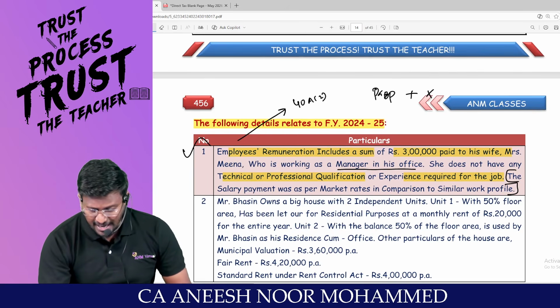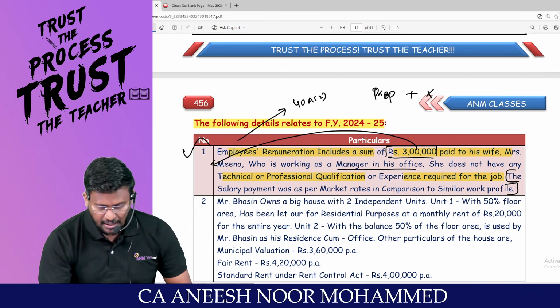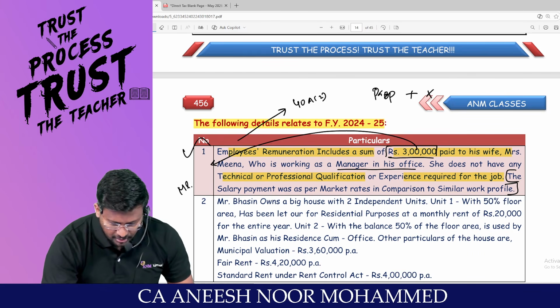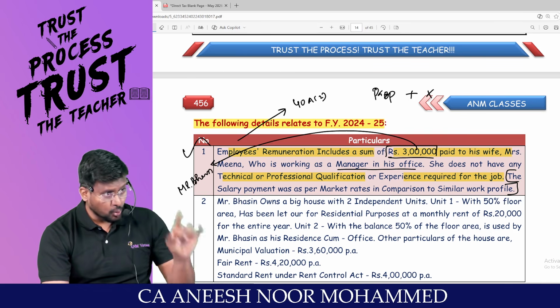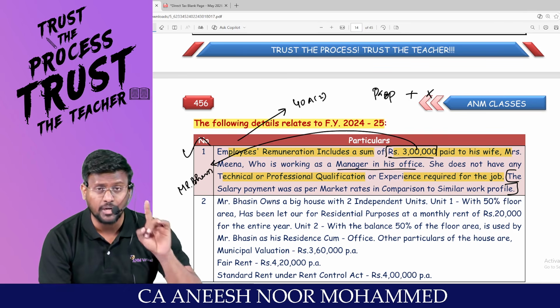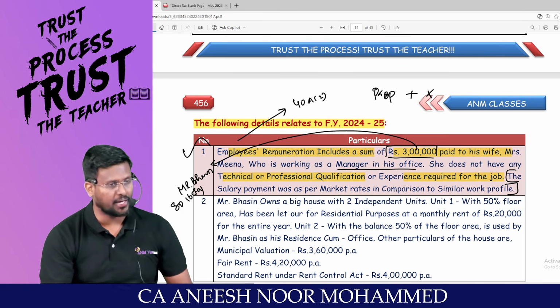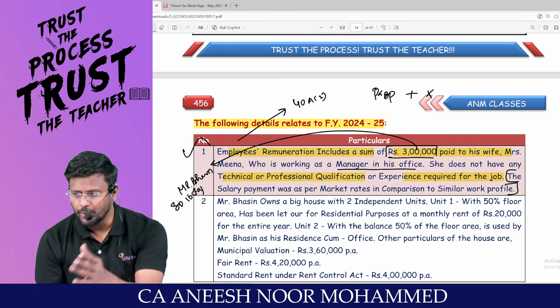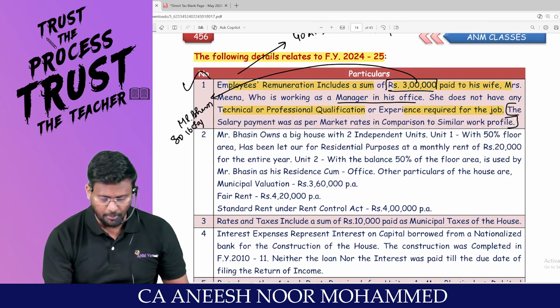But this salary of 3 lakh should be shown or clubbed as income of Mr. Bashin under the head salary. So there you should not forget to reduce standard deduction under 16 subsection 1A. That too depends upon which route he is going to travel. Am I right? This much point you should carry in your brain.